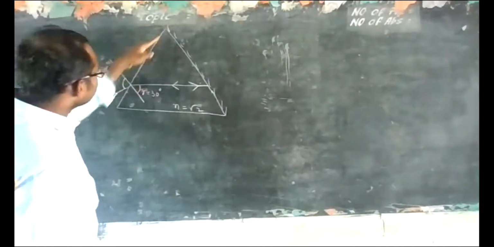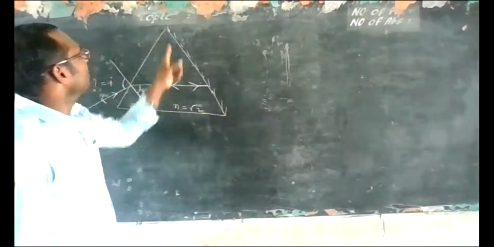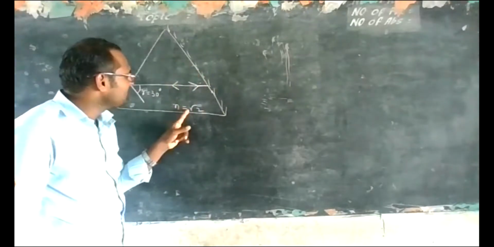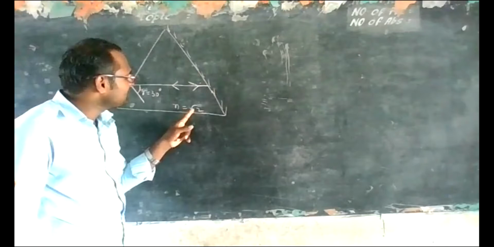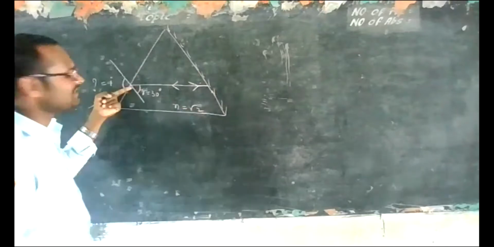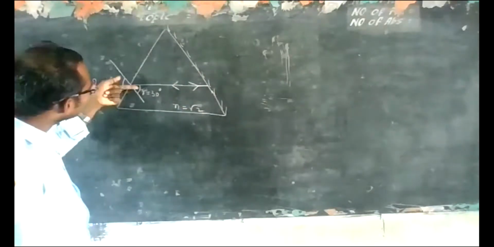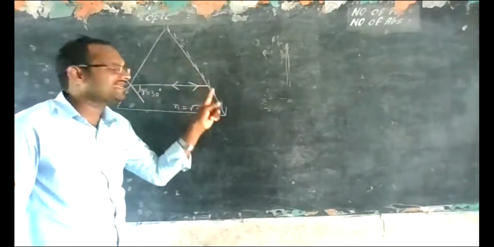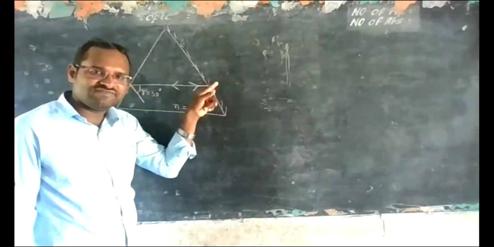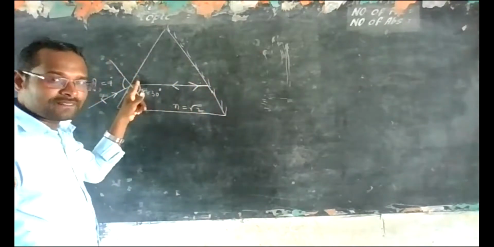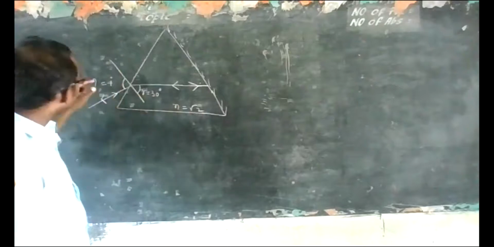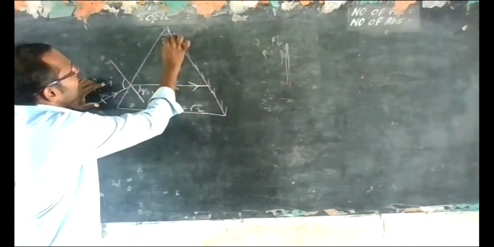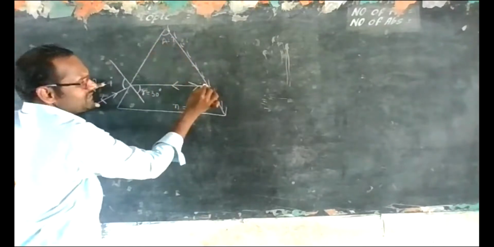Here, they have given one prism, one surface of the prism is silvered, and the refractive index of the prism is given as √2. On this prism, one ray is falling with some angle of incidence, and it is refracting with an angle of refraction of 30 degrees. It is falling on the second refracting surface, and because it is silvered, it is retracing its path. When it is retracing its path, what is the angle of incidence? Here this is not given, and it is not required, and this is also not required.